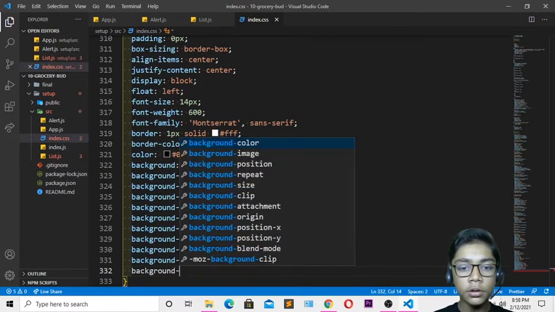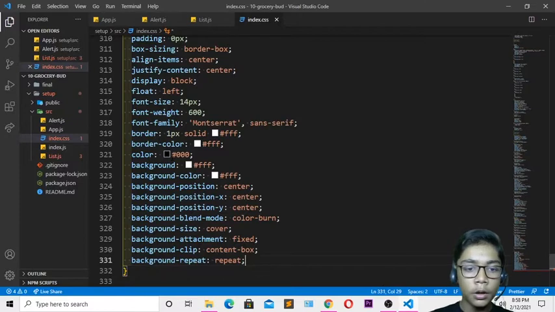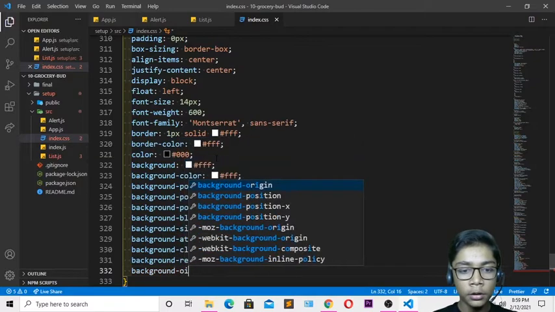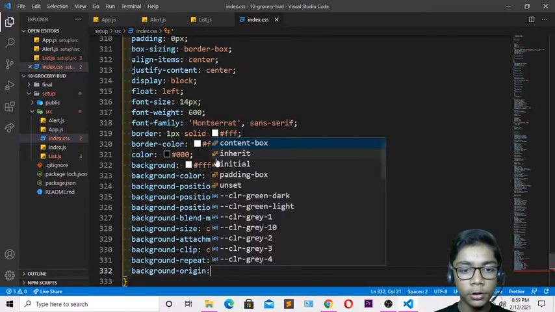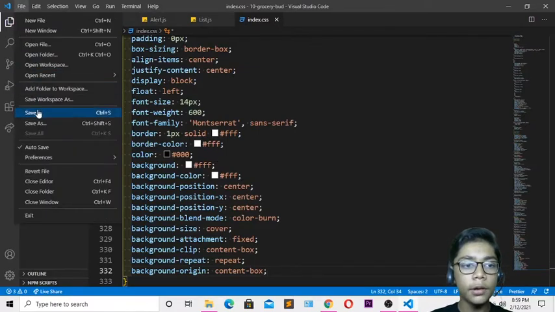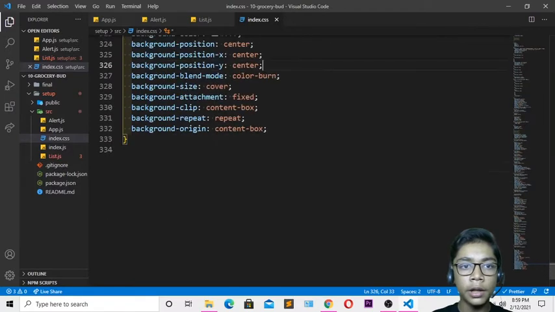So when you've defined these all things, you have to come over here now and I will be writing a background clip. So just erase that from here. So we have defined these all things, now it is enough. So when you've done that, you have to define one thing also which is called background origin. So I'll be writing a background origin which should be content box. So now it is enough. So you have to hit save now. So you can see we have defined all the things which we have to define, and now it is perfect. So you can see it is ready.